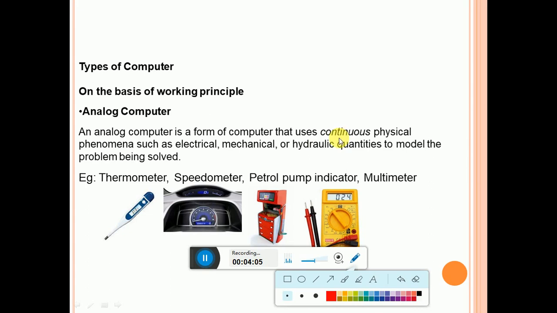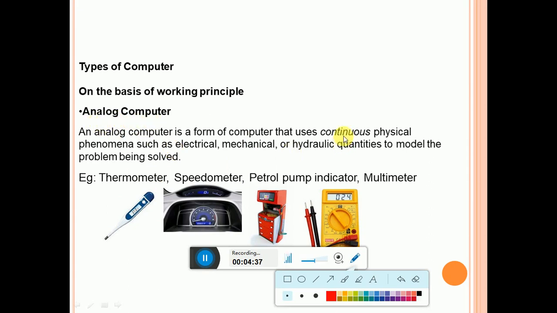It gives continuous physical values, such as electrical, mechanical, hydraulic, etc. So thermometer, speedometer, petrol pump indicator, how it increases the petrol range, it shows 0.5 liter, 1 liter, 1.5 liter. So it is a continuous physical thing. Also multimeter. These are all one type of computer that is called analog computer.